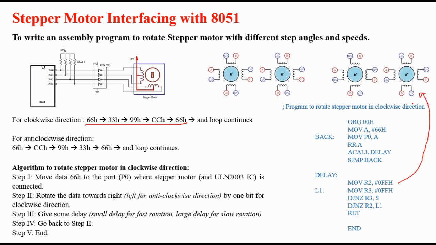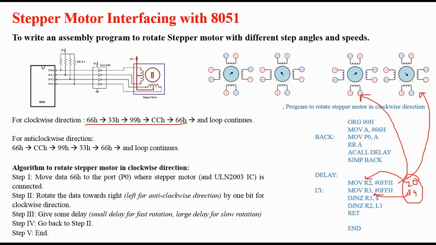Now let us suppose the motor is rotating at a slower speed, like this, in clockwise direction. If we want the motor to rotate at a fast speed, then just decrement the amount of delay. Now it is FF, you can make it 20 for R2, and any random value, let us suppose 34 for R3. Obviously FF is greater than 20 and FF is greater than 34. Those are smaller values and should be moved into R2 and R3 respectively. In this situation the motor will start rotating in a fast way like this.